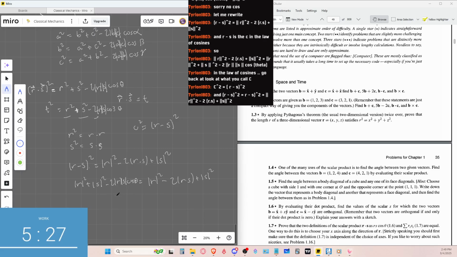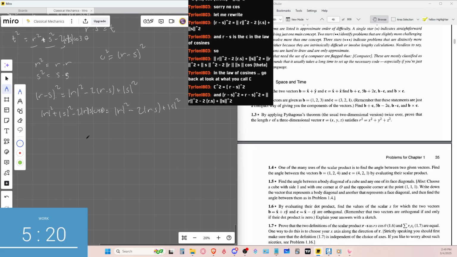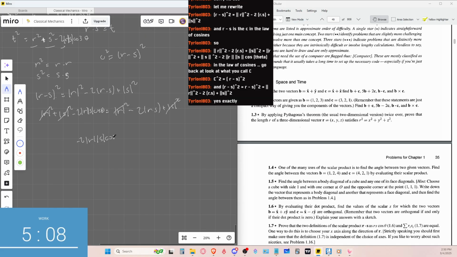And I'm guessing we cross out a lot of this stuff. So drag this down here. This goes bye, this goes bye, this goes bye, and then we're left with cosine equals negative 2. And then we just divide by 2 on both sides, giving us